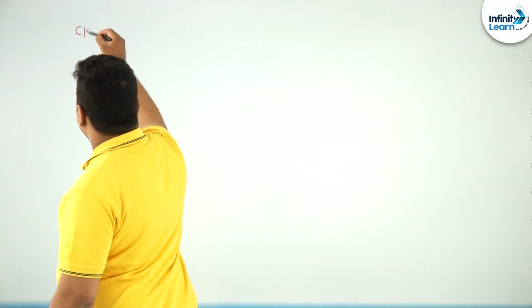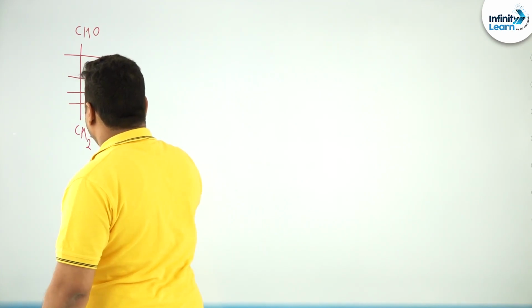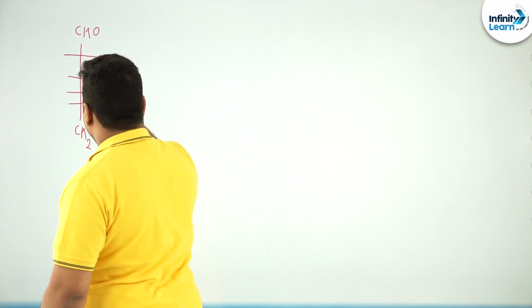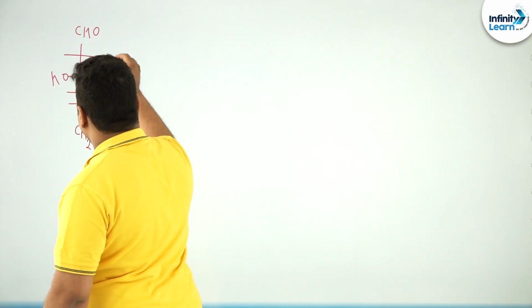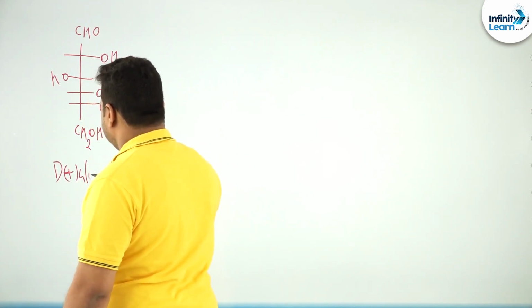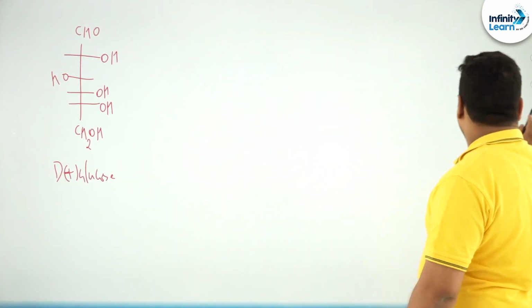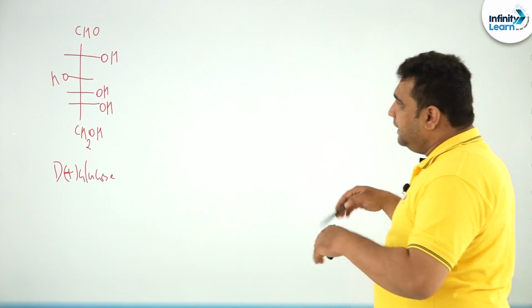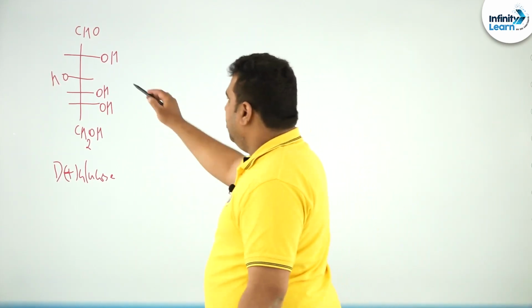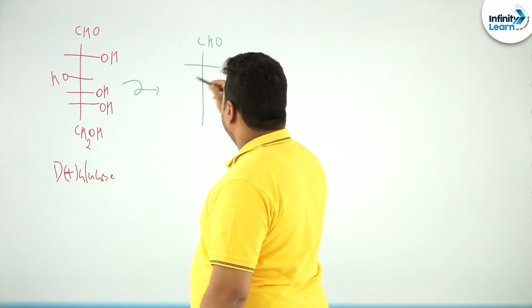First of all, write D-glucose. So D-glucose: 1, 2, 3, 4. This is CH2OH. This is OH, OH, OH, OH. This is D-plus-glucose, dear students. Now, what do you mean by L-glucose? L-glucose is nothing but the complete mirror image of it, or if you rotate by 180 degrees. So this is L-glucose,